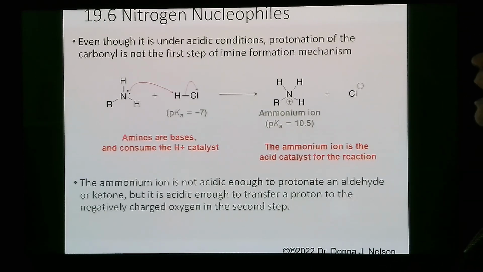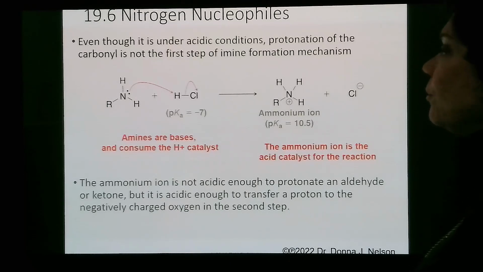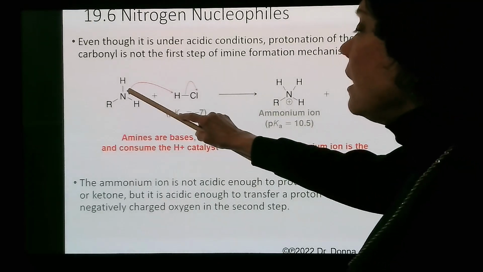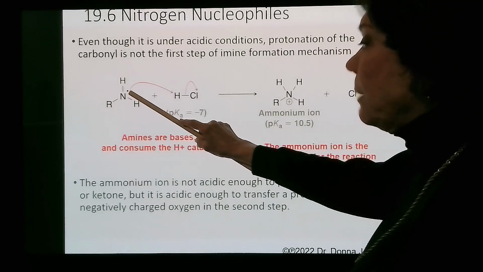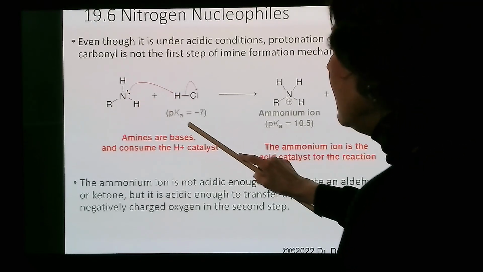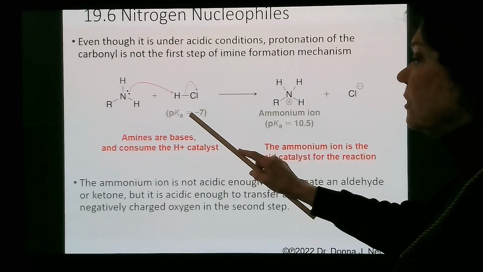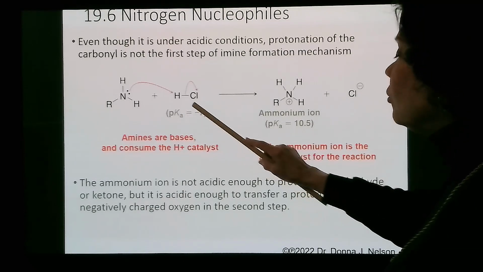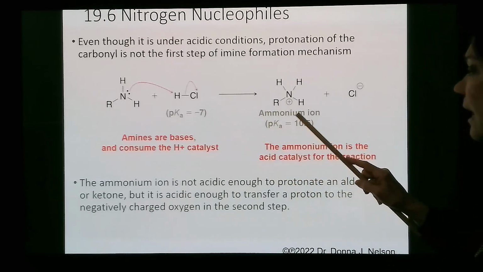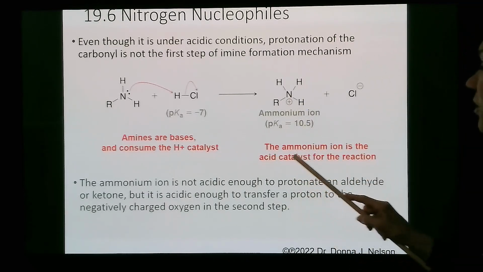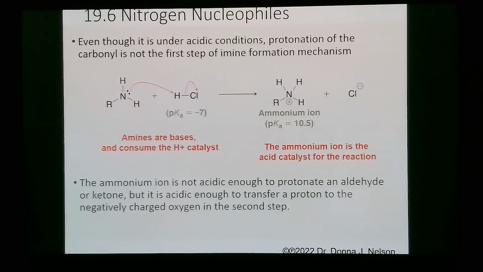Now here, even though it's under acidic conditions, protonation of the carbonyl is not the first step of the imine formation mechanism, it's believed. So the nitrogen lone pair is protonated. Hydrochloric acid, of course, is very acidic. And so this consumes the catalyst and forms the ammonium ion. So the ammonium ion is actually the acid catalyst that you saw